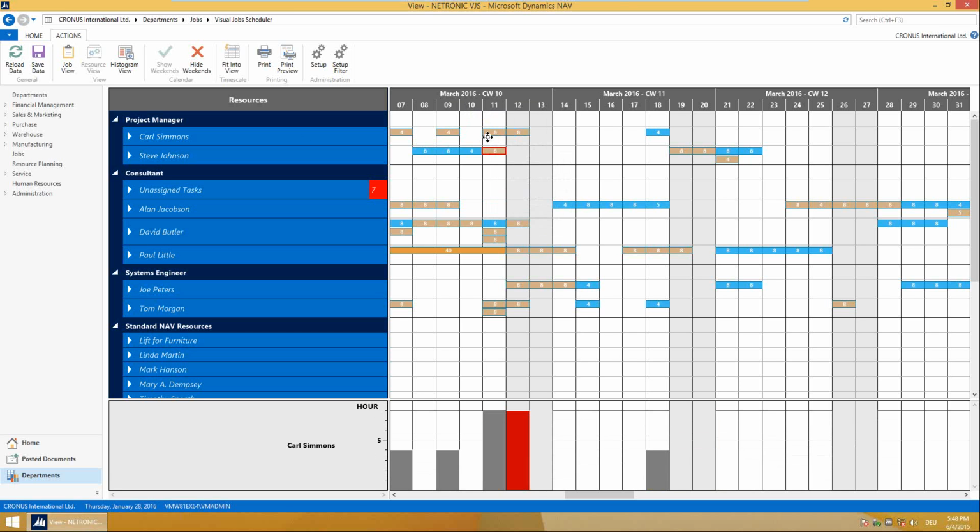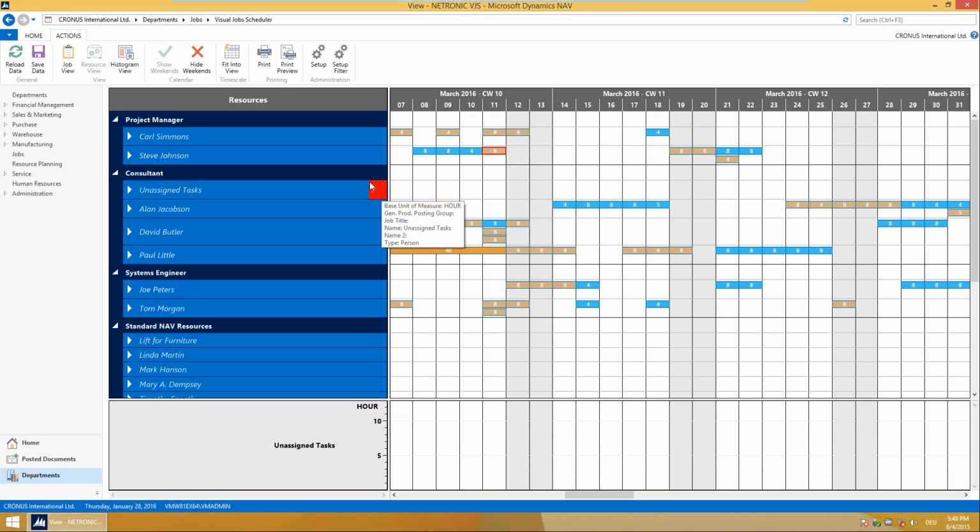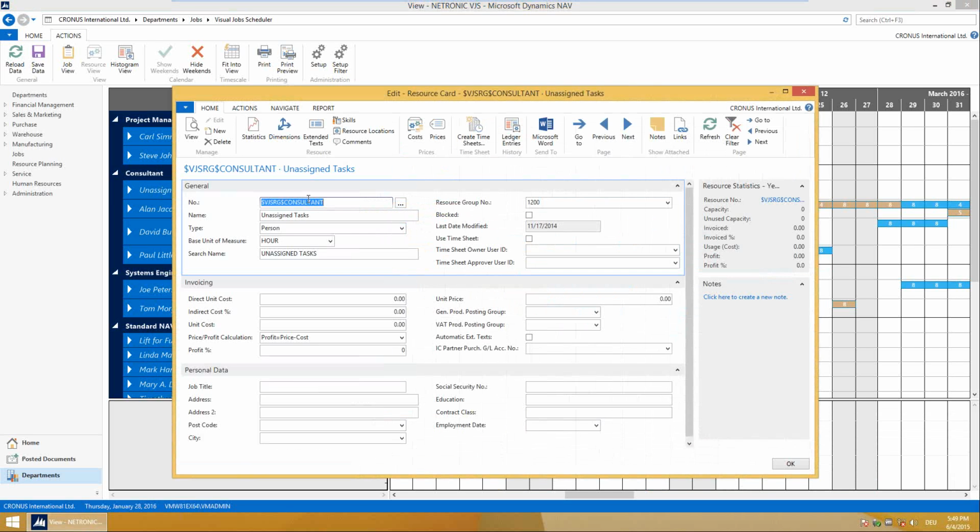What you also see, or what you might have noticed, is that there is this kind of red field with a 7 in there. And this actually always comes up in case that you use a specific type of resource, and this is what we call unassigned tasks. So I quickly double click on this so that you see the resource card. I have given this